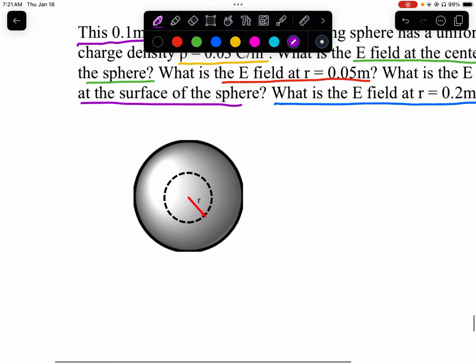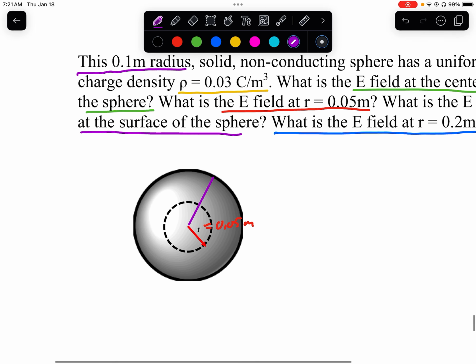All right, so just kind of zooming in, I'm just going to mark some stuff on my diagram to make my life a little bit easier. So this little radius that I've got on my picture here, that's the 0.05 meters. Okay, and the actual radius of the sphere itself is 0.1 meters. I'm going to put that as a capital R simply because that's the physical dimension of the